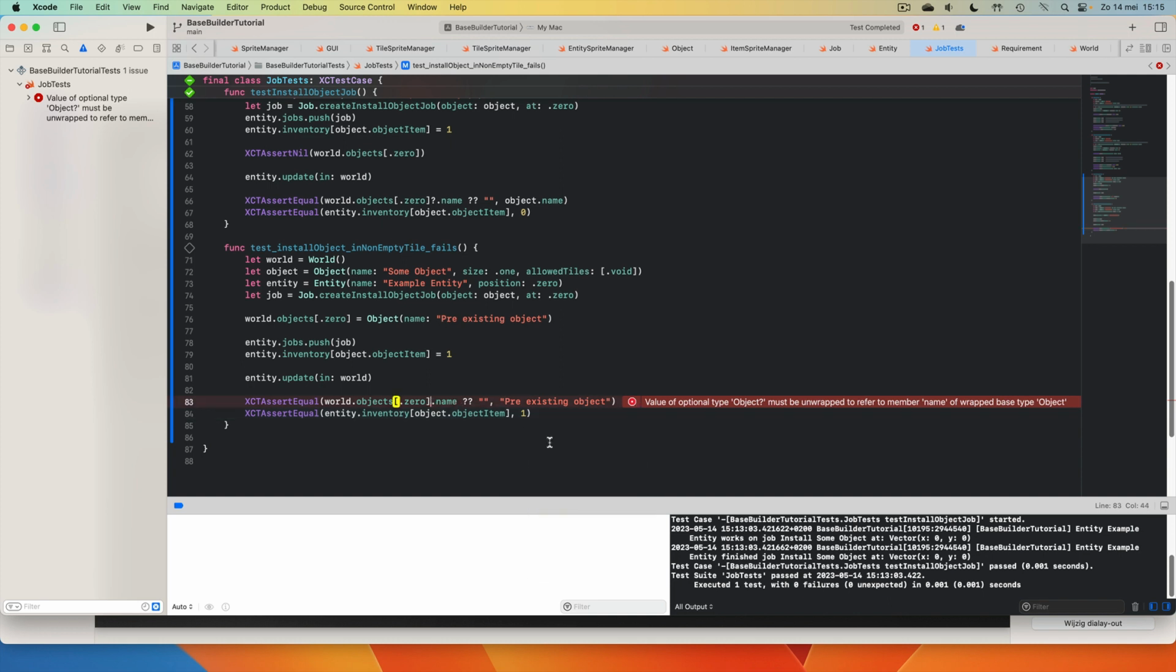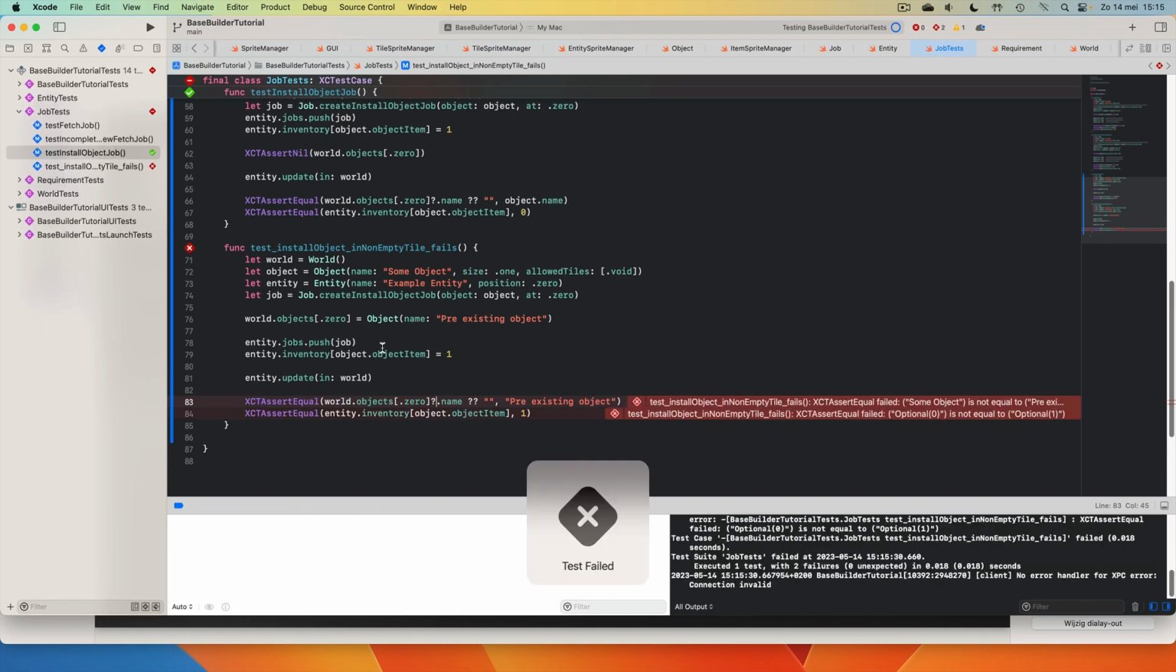Alright, so we need to unwrap this optional. We already gave the default value. Okay, so let's run it. Well, it compiles, but the test fails because it was overwritten, and we now find the new object here instead of the pre-existing object. So what is happening is that we don't have a requirement yet that the location to install should be empty. So what we should do is we should go into our job